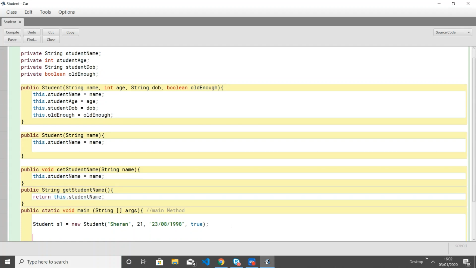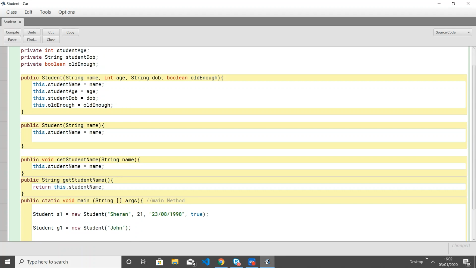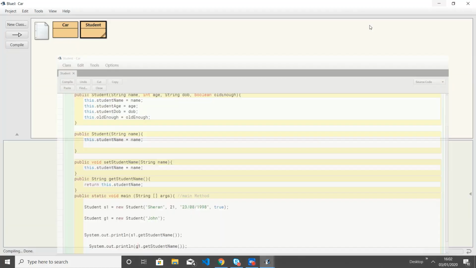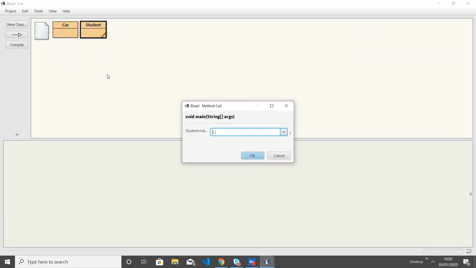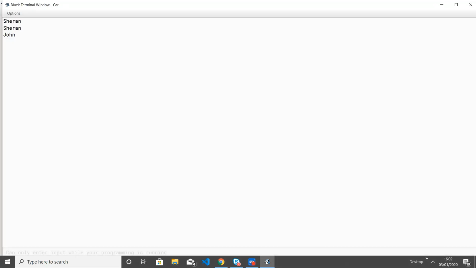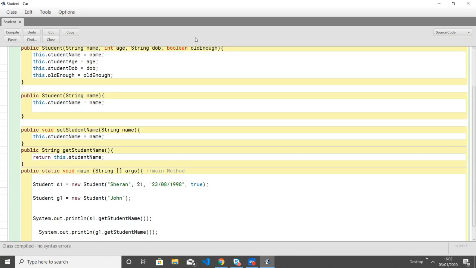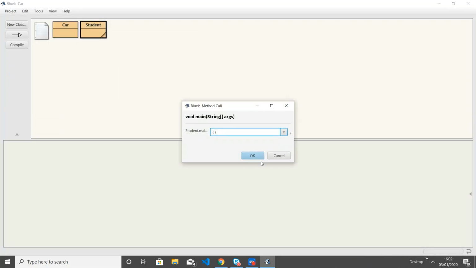So we can do student g1 equals new student. All we have to do is put the name of the student. This will put as, say, John, and it's acceptable. And then if we do g1 dot get student name, what comes out? So if we do g1 dot get student